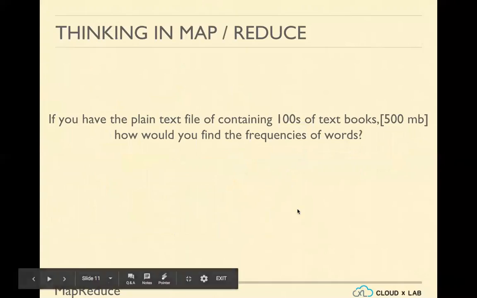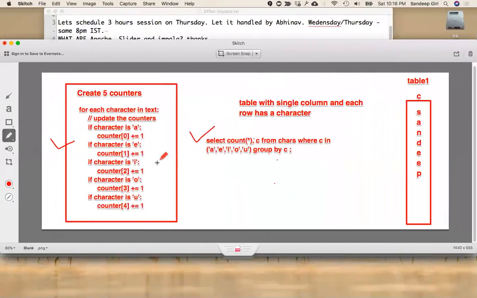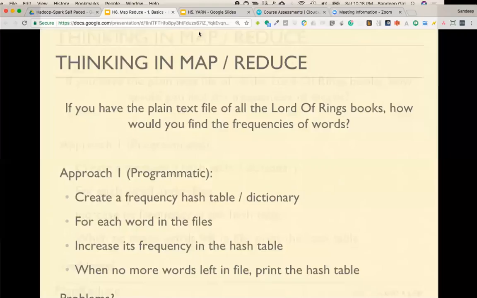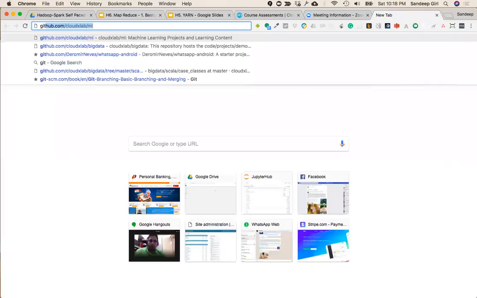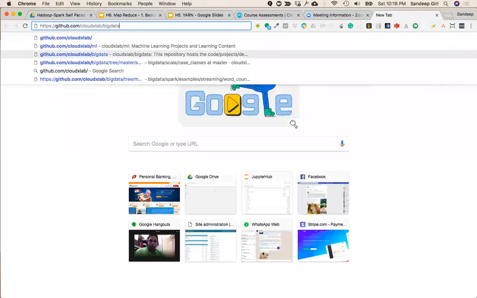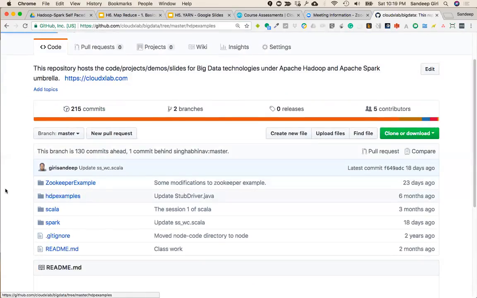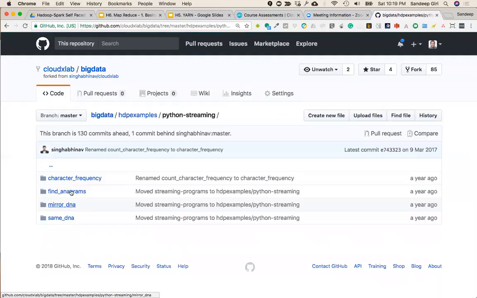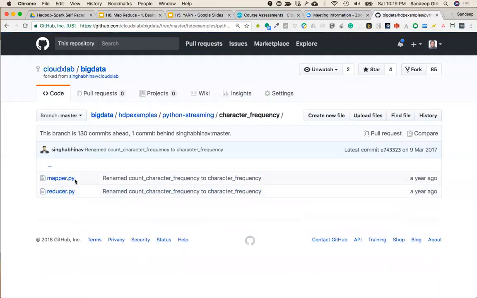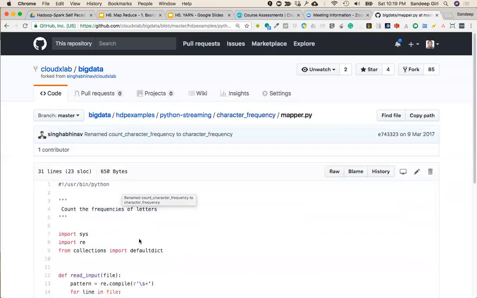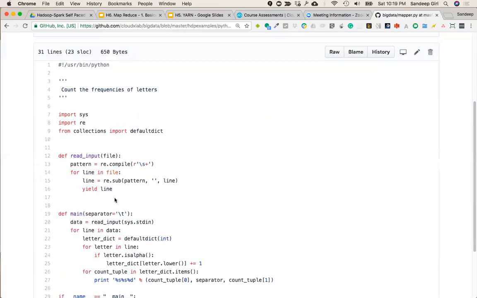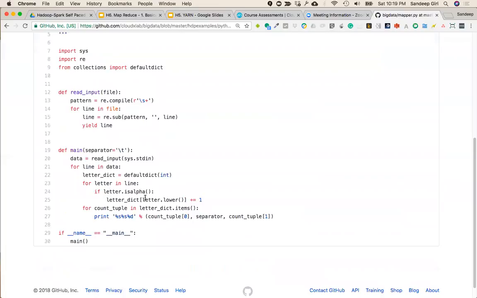Don't worry. All right. Now, those who want to take a look at the code, I would suggest that you could take a look at the GitHub repository if you want to right away. But we'll go into the details of the code in a while. Okay, so here is the code in Python. Let's say character frequency, the one which we were talking about. It was very simple, right? So it reads. Okay, all it does is